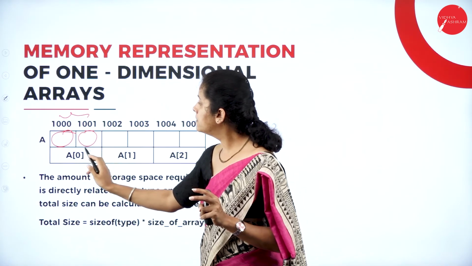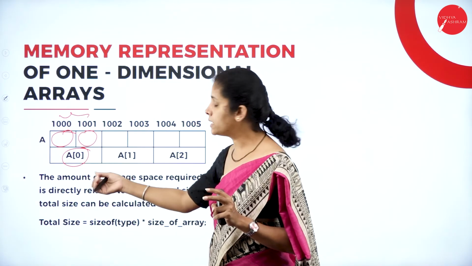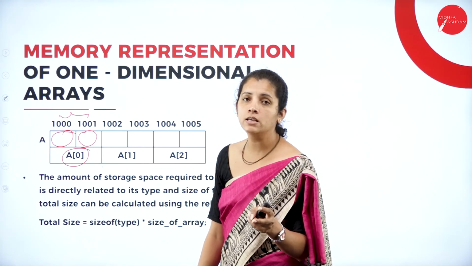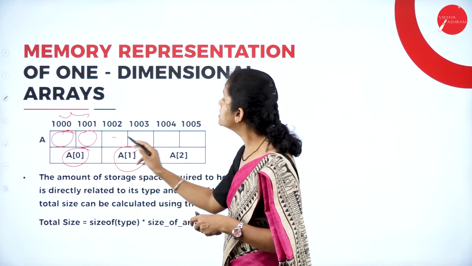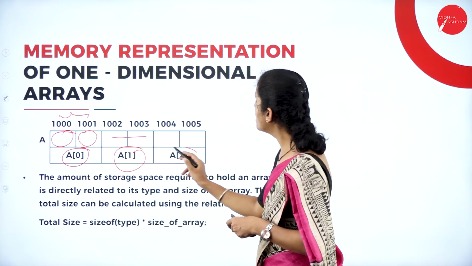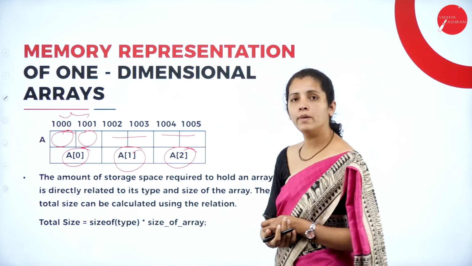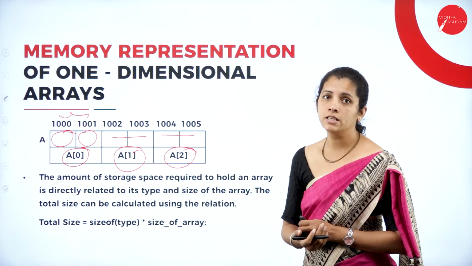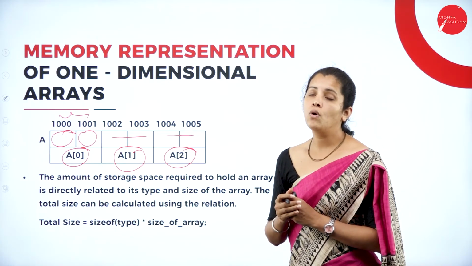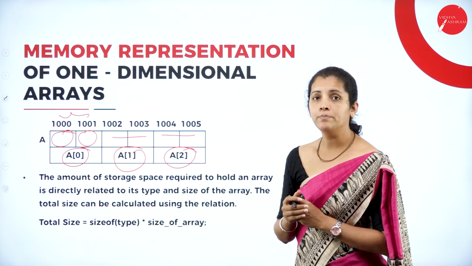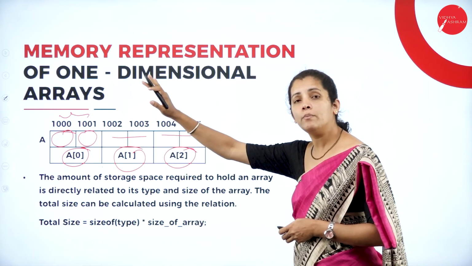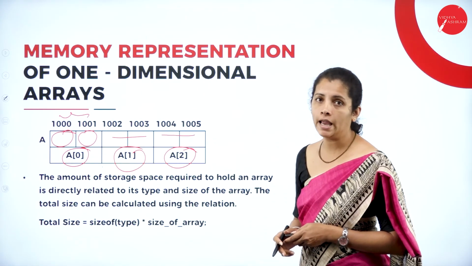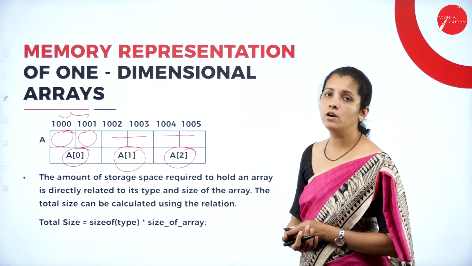So, array element A of 0. So, what is the array index here? A of 0. For A of 0, 2 bytes of memory is reserved. For A of 1, once again 2 bytes of memory is reserved. And A of 2, once again 2 bytes of memory is reserved. If I take float, then what is the memory representation? Float is capable of holding 4 bytes of data at a time. So, 4 bytes of memory blocks are reserved for each individual array element. So, this is the way I can represent